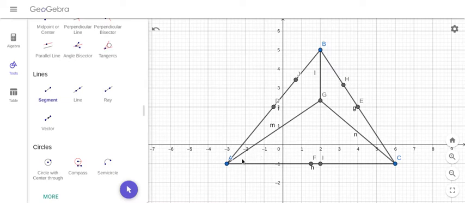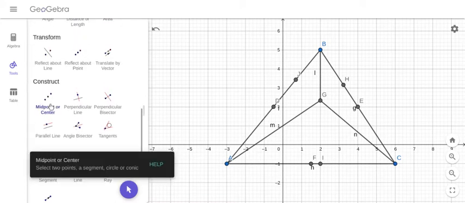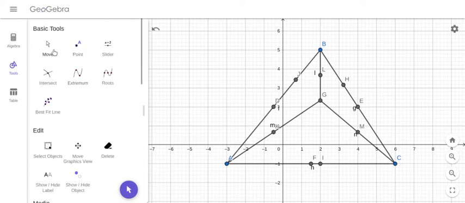And I want to find the middle of these segments which are joining the orthocenter. So I can again use my midpoint or center tool, and I want to see what is the center point for AG, where it is, for BG and CG or GC. So as you can see, these